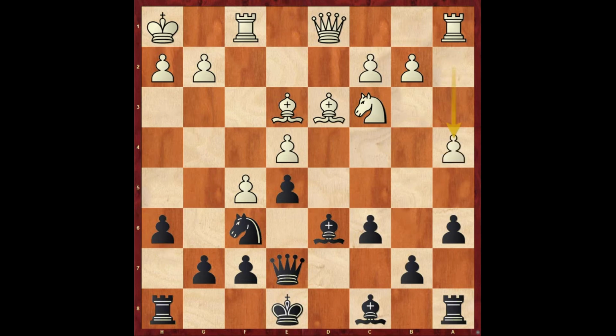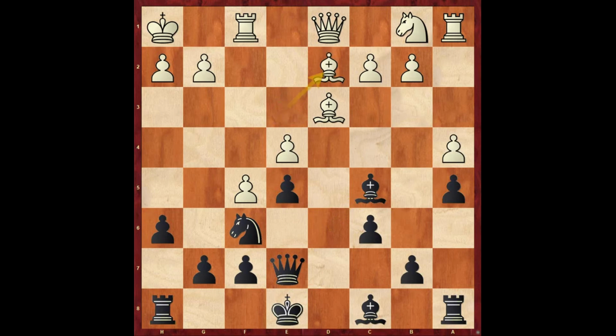a4. Now, we must understand that black's weaknesses are along the dark squares, and white intends to fix these weaknesses with the move a5. Black does not allow white to fix their weaknesses by playing the move a5, preventing the move a5 by white. Knight b1, knight is rerouted, and black now seeks to trade white's important bishop with the move bishop c5. Bishop d2, b6,